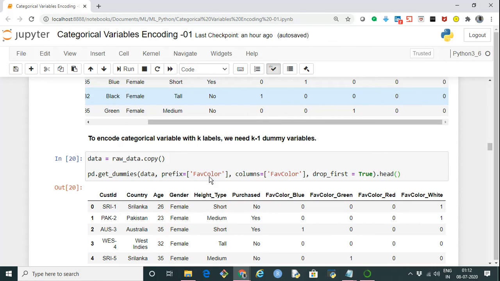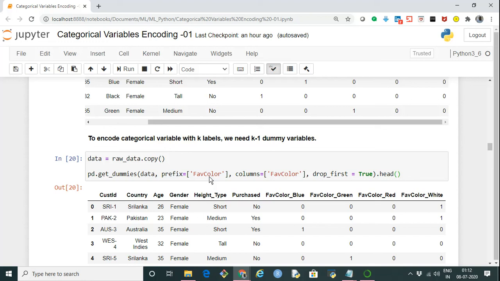Now to encode a categorical variable having k labels, we actually need k minus 1 dummy variables. For example, if there are two values, male and female, and I create only one dummy variable, male, then 1 indicates the person is male, and 0 indicates the person is female. So we don't need two dummy variables.